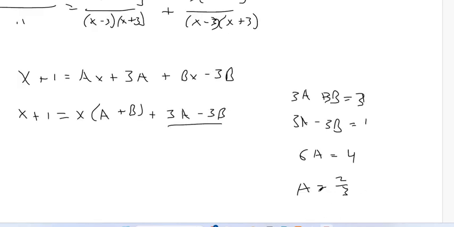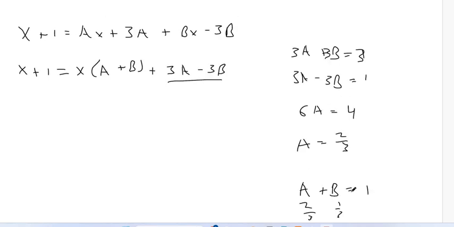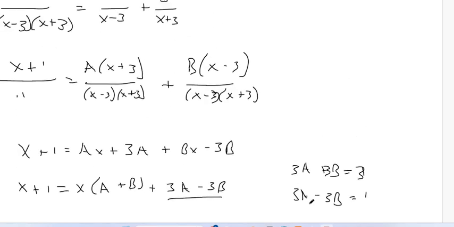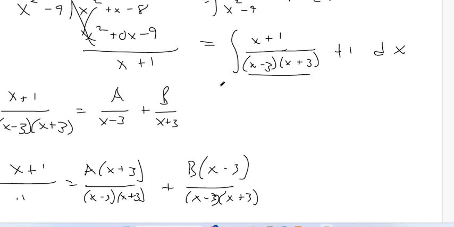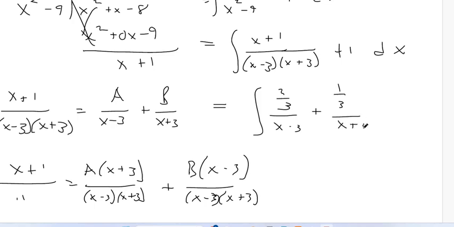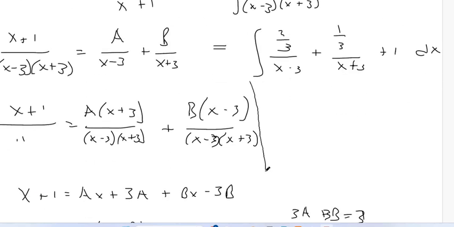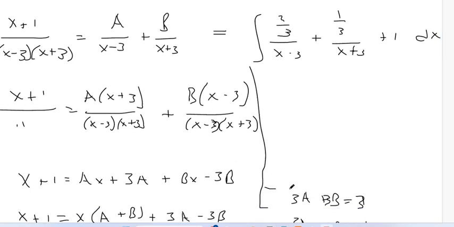So we've got our coefficients, and we're finally done with the algebra part of it, where a is 2/3 and b is 1/3. So we said we were decomposing this. We've got it right here: 2/3 over x minus 3, and 1/3 over x plus 3, then plus that 1. Okay, so now it's just straightforward calculus, because this, if you want to let that be u,